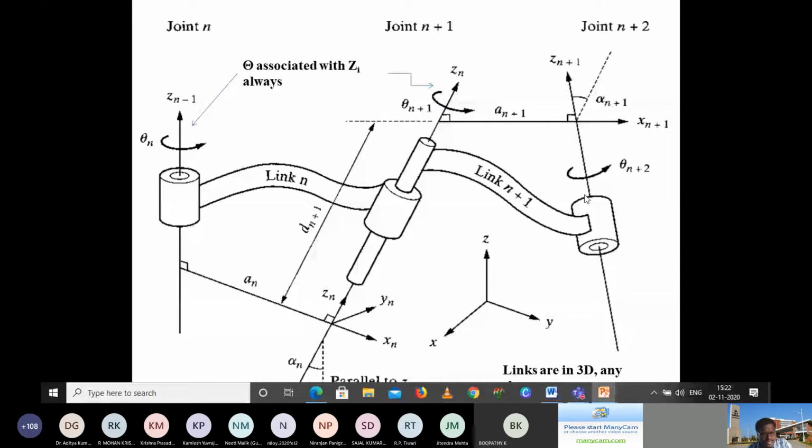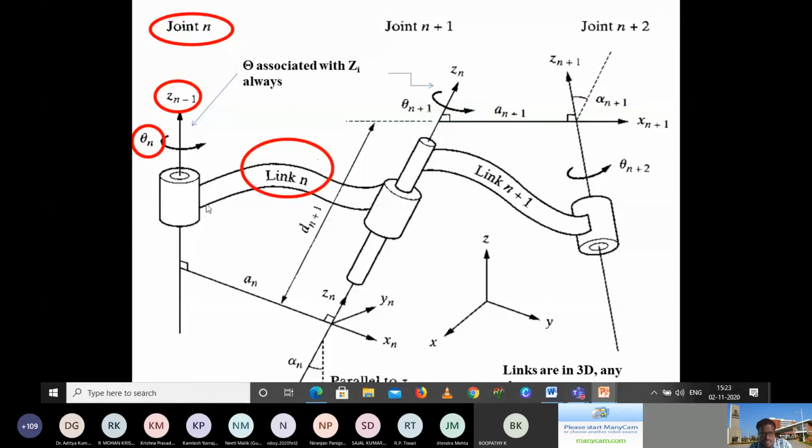We are considering joint n, and that is related to the z-axis, as I said, the revolute axis. Wherever rotation is taking place, that axis we take as the z-axis. Based on their representation, that particular axis is taken as z n minus 1. This is as per their research paper. After that, you know that it has a rotation of theta n. So the revolute or rotational joint has a rotation about the z n minus 1 axis, the value being theta n. This is called joint n.